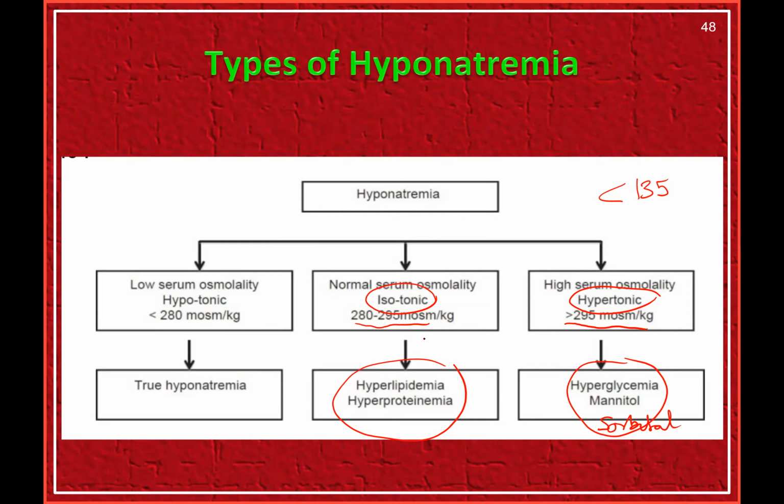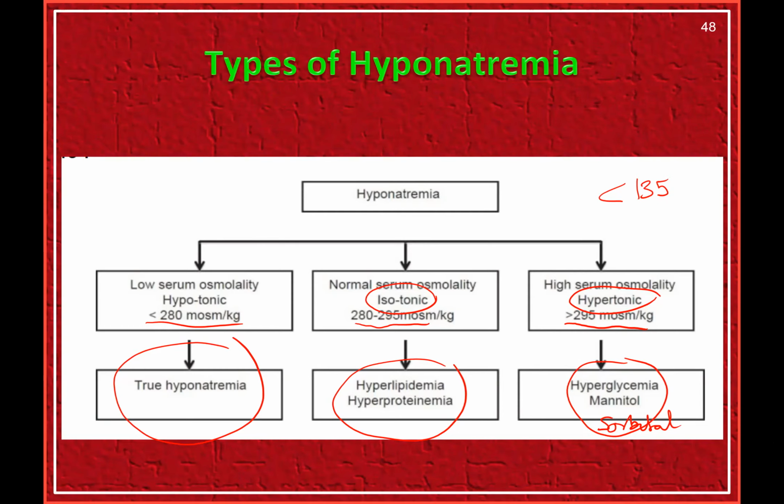For that reason, whenever you see hyponatremia, first get the plasma osmolarity, the serum osmolarity. If it is normal, isotonic or hypertonic, we are not dealing with true hyponatremia and other causes have to be thought of. Now we are left with low tonicity, that is less than 280 milliosmoles, and that is a true hyponatremia. This is again of three types: hypovolemic, normovolemic, and hypervolemic. Causes are different, and treatment is also going to be different. So the fundamental step is first look at the serum sodium and then the serum osmolality, and depending on that, you arrive at which of the three boxes you are in.